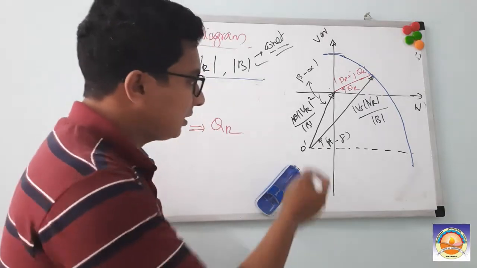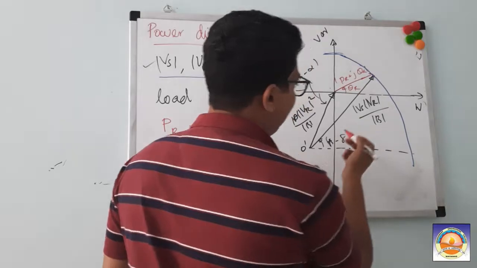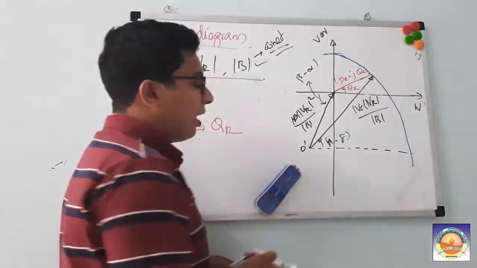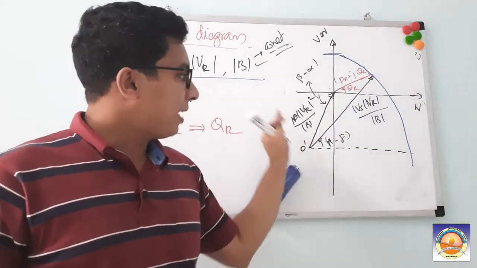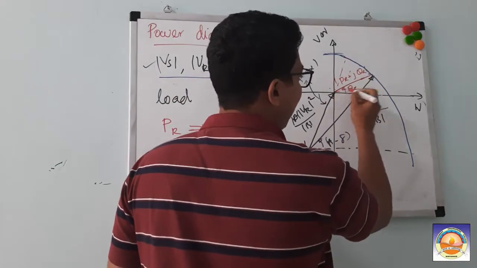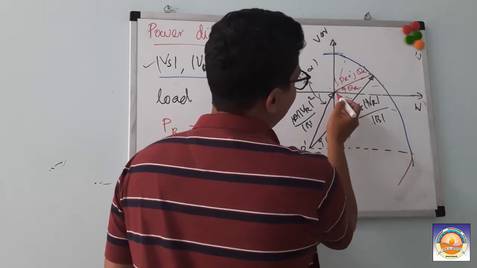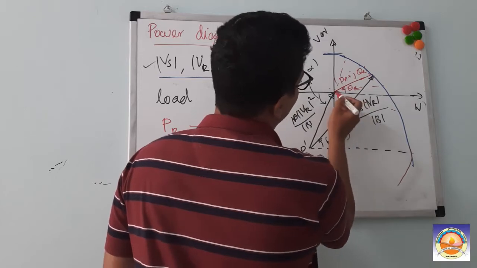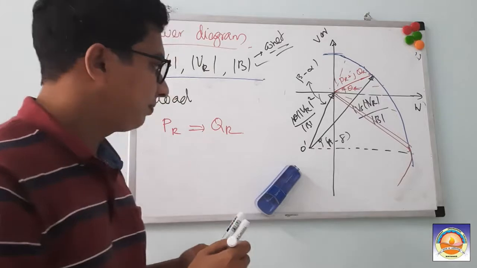So if you see this, there is a maximum limit at which you will have your maximum active power, right? So how can we get into that? Means this axis, if you see, what will happen? Your PR plus jQR can take all these forms, right? So the maximum will be whenever this is reaching, up to here.